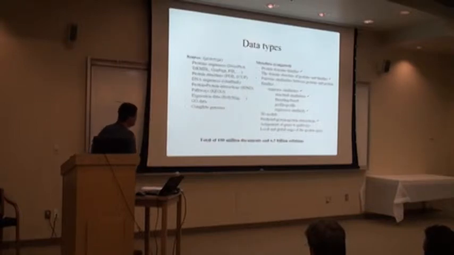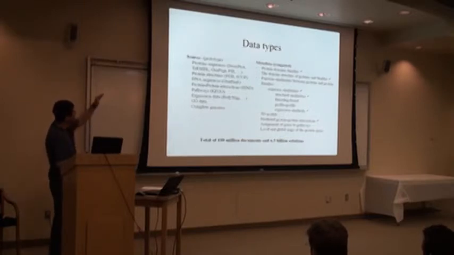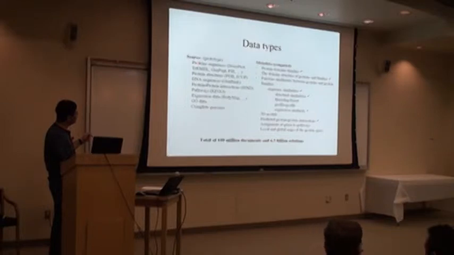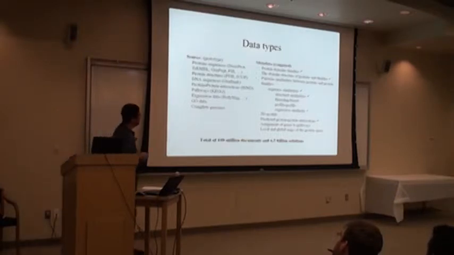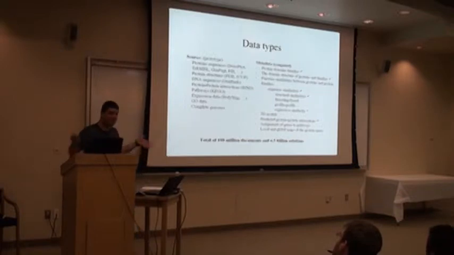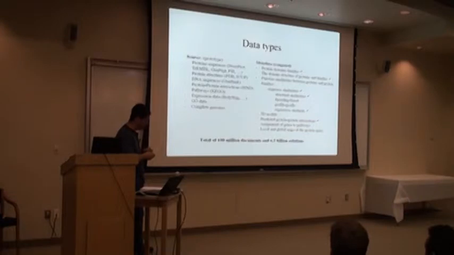So this is just to give you an idea of what kind of data we have in this system. We separate data into two general categories. We have source data, which includes information on protein sequences. Those are names of pretty major databases in this field. We include information on protein structures and DNA sequences, protein families, pathways, expression data, gene ontology, and so on. And then in addition, Biozon puts together all this data, and I'll go back in more detail in the next couple of slides.